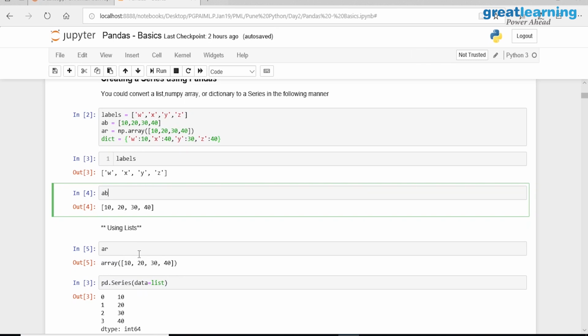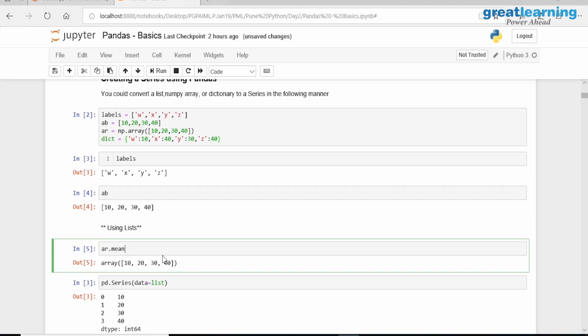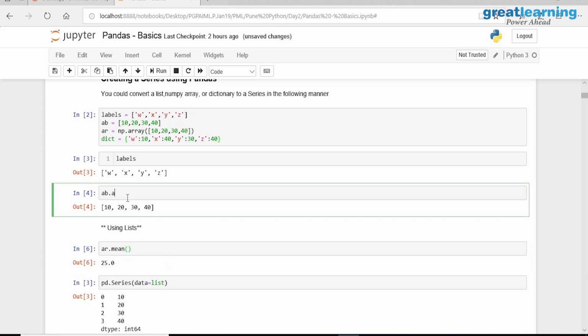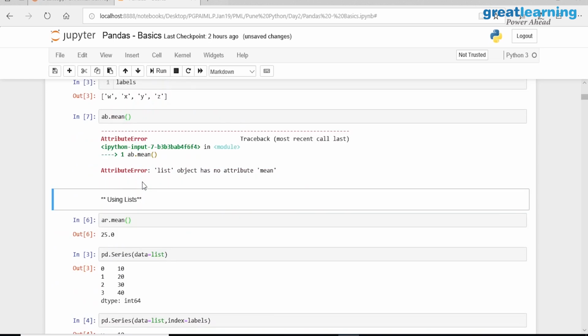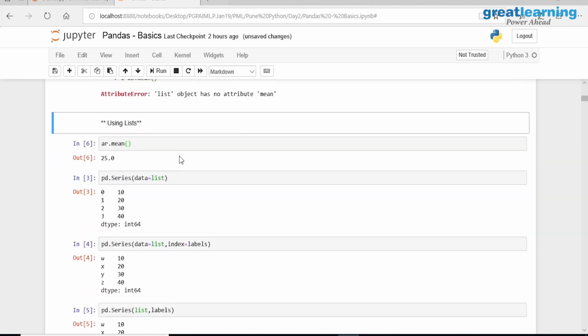What is the advantage of this? Because of this, array dot, I can say mean. I get a mean. Can I get a mean like this? Why? Because this array was created using a NumPy array. This is not a simple array. It's a NumPy array. Yesterday we discussed this particular thing. If array is also a list of lists only, what is the advantage we have? Because NumPy has built-in functions for us, where we can manipulate, slice, dice and all those things we can do. Append, all those things we can do easily, correct?